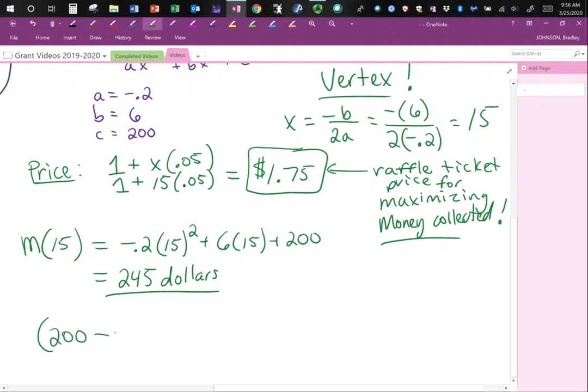We had 200 minus 4 times x times 1 plus 0.05 times x. Now, instead of x, if we replace that x with 15, well, as magic has it, we would end up with